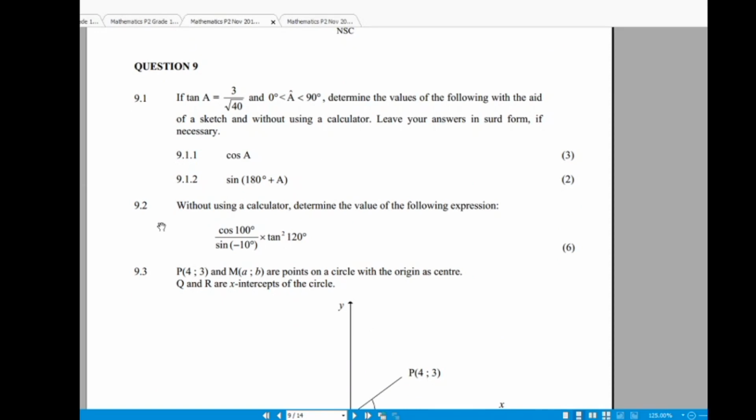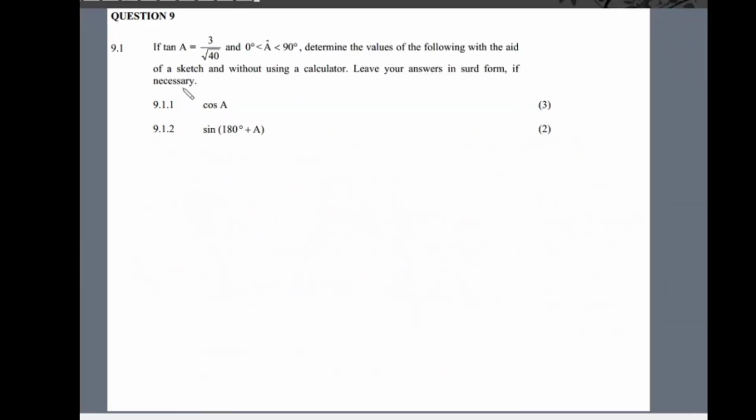So in question 9.1 they say if tan A is equal to 3 over the square root of 40 and A is an angle between 0 and 90 degrees, determine the values of the following with the aid of a sketch and without the use of a calculator. Leave your answers in surd form if necessary. They want us to determine the value of cos A and the value of sine (180 plus A), right? So now, drawing a sketch,